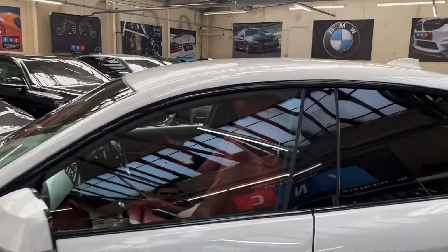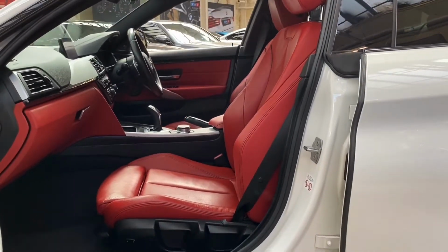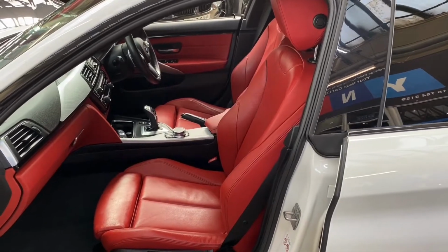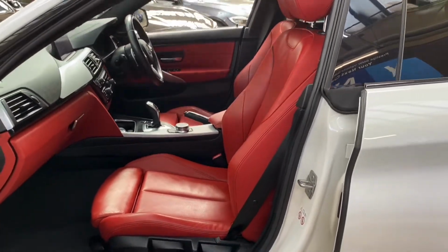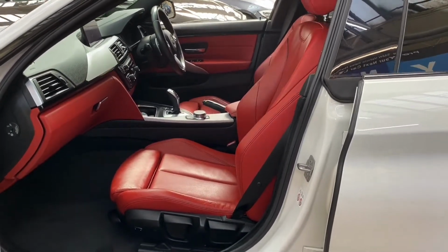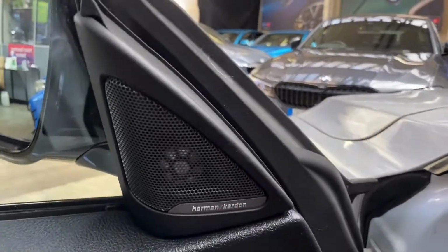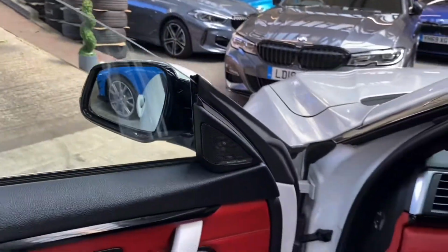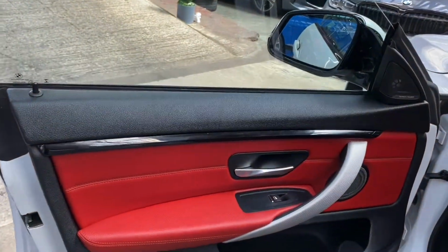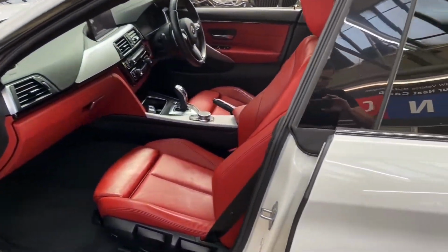So the interior, again, very striking in comparison, and of course in comparison, once again with that Alpine white, we've got the coral red Dakota leather, which, as I've mentioned, does come with the heated front seat option along with the electric lumbar adjustment. And there is of course that very nice Harman Kardon surround sound. And of course the coral red Dakota leather does extend onto the door cards and does make for a very nice colour combination